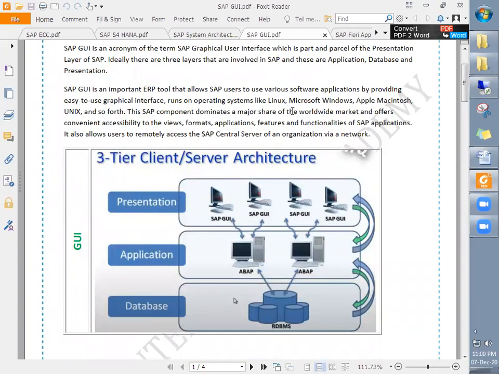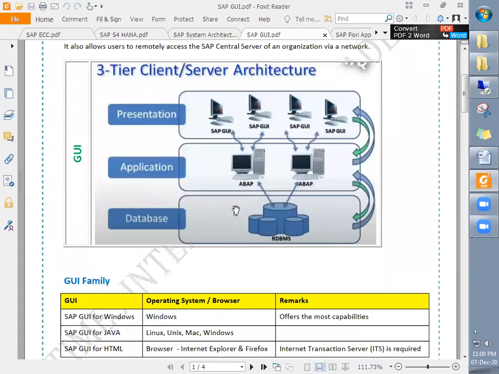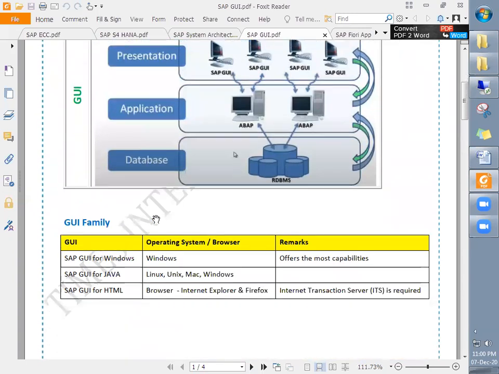It runs on operating systems like Linux, Microsoft Windows, and others. This SAP component dominates a major share of the worldwide market and offers convenient accessibility to the views, formats, and applications. It also allows users to remotely access the SAP central server of an organization via a network, right? So in this three system landscape, we will be discussing the GUI in the presentation layer.